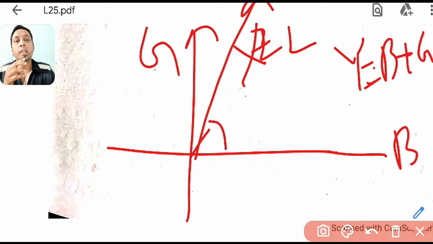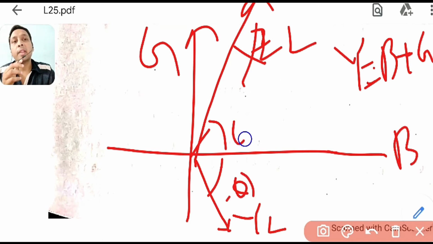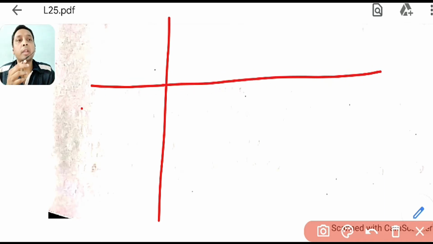So this was your theta. Now what will be your minus theta? Minus theta will be here. So YL, the admittance of the line, will lie in the second quadrant. That's why I have done that small derivation part, that inverse portion. I want to show you that this theta becomes minus theta here. That's it. So if you draw it here, now for the characteristics I will be taking care of the third quadrant.